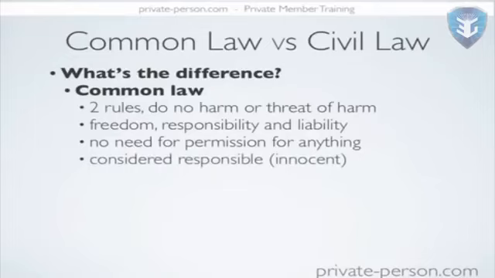You are considered responsible or innocent under the common law. So you are innocent till proven guilty, is one of the famous phrases, which means that you are assumed to be acting responsibly until you prove otherwise. And you have the opportunity at the age of 18, 19, 20, 21, depending on your particular jurisdiction, to be considered liable for your actions in common law and responsible for them because you've reached a certain age of maturity where you should know what the right behavior is, and you become responsible and liable for your actions. Up until then, your parents have some legal liability with regards to what you do.